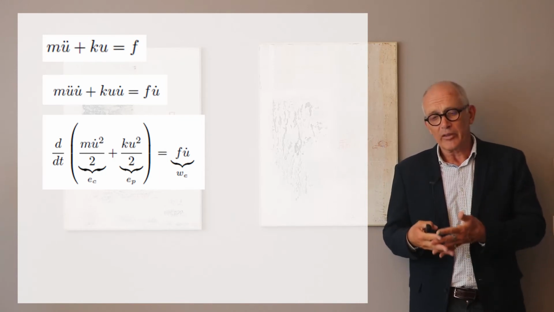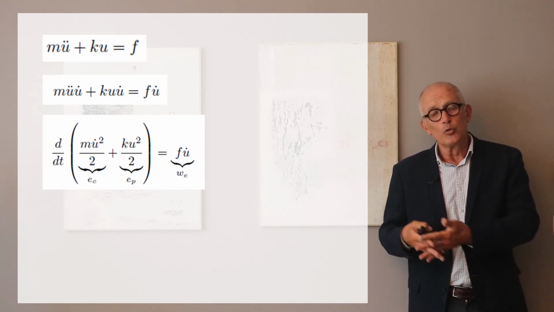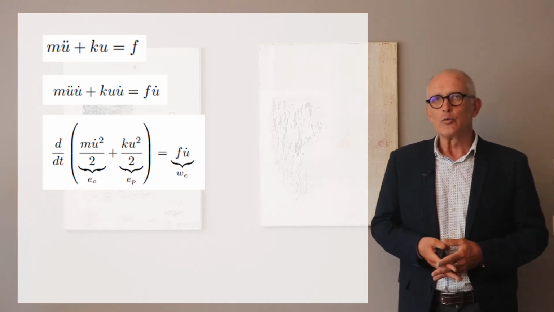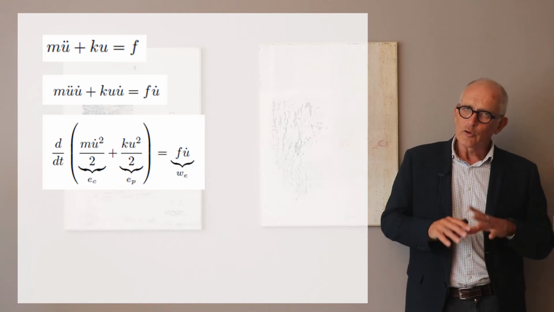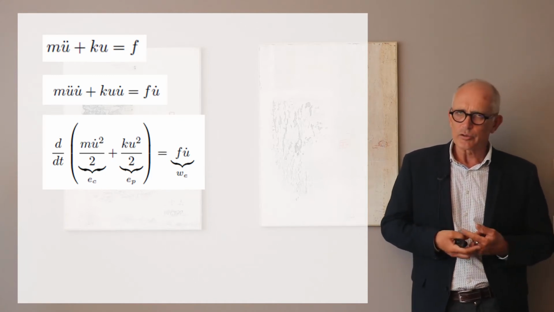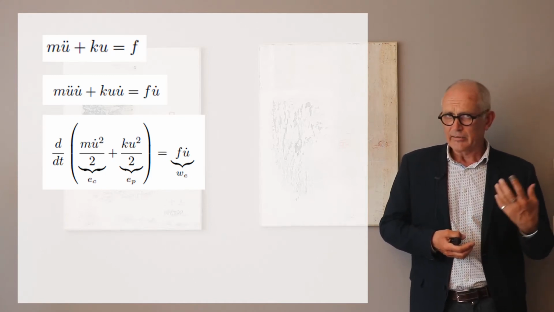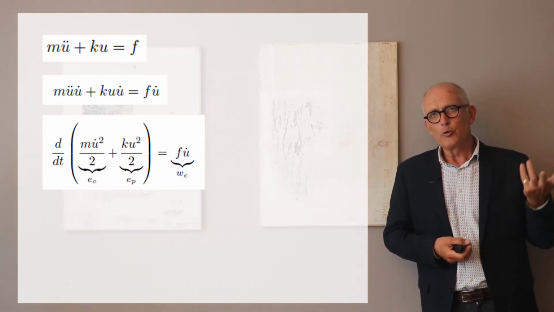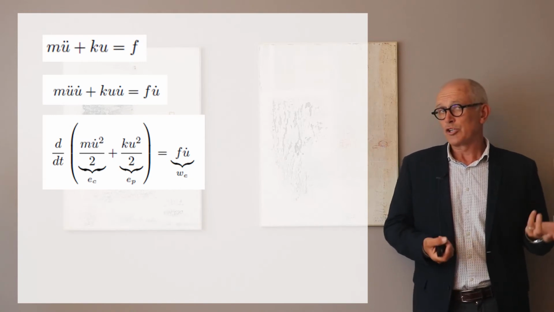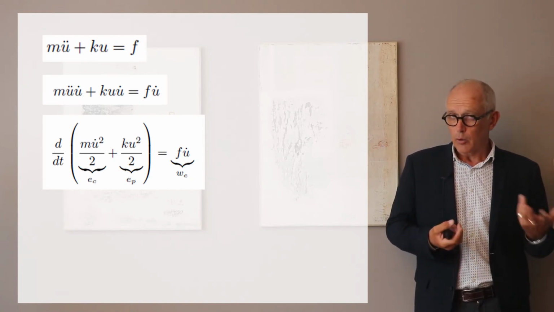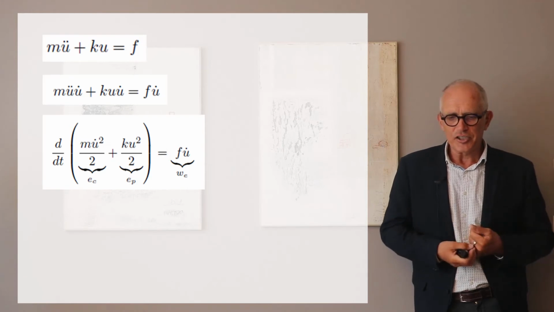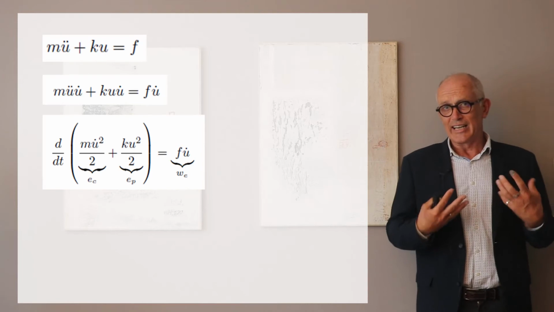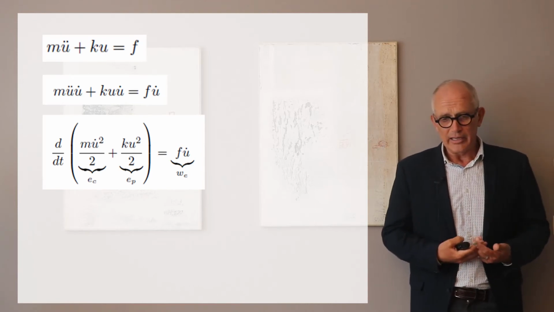And same thing for the second term, ku u dot is just the derivative with respect to time of ku squared divided by 2. And so you see that we can write this equation in another way, saying that the derivative with respect to time of mu dot squared divided by 2, which is the kinetic energy, a function of time, how kinetic energy changes with time, plus ku squared divided by 2, which is the elastic energy stored in